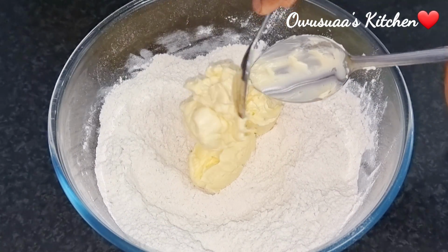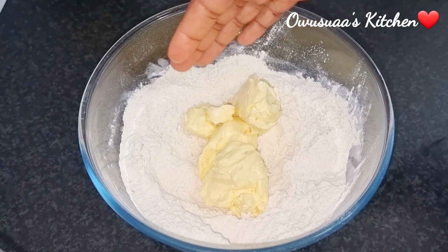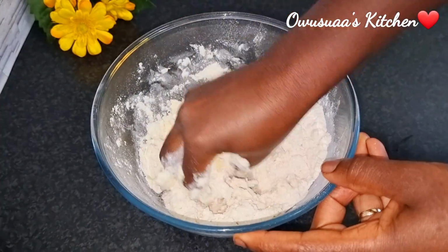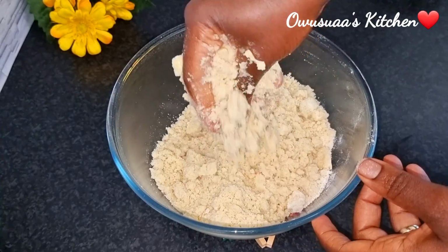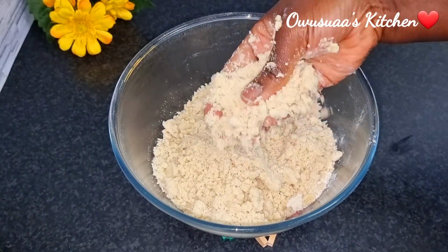With clean hands, I'm now going to go in there and give this a good mix, making sure that it is really well combined. So you're going to get the same crumbs like how meat pie crumbs look at the beginning. Okay, so we put that aside and then we go over and add our milk onto our onions